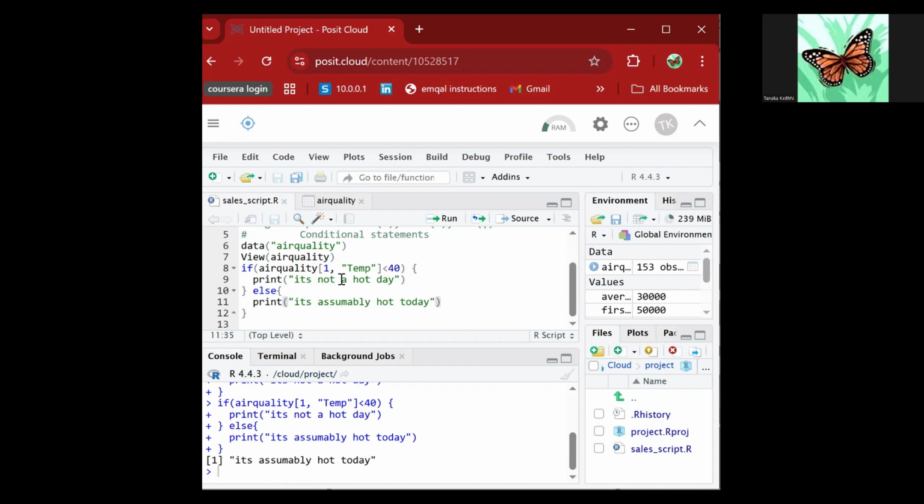But let's say you want to go deeper, right? You want to evaluate a number of degrees. It's not just less than 40 and above 40. You want to go maybe in the middle and say something within the following range. I want you to print the following statement back at me, right? So we're going to do that. Let's introduce